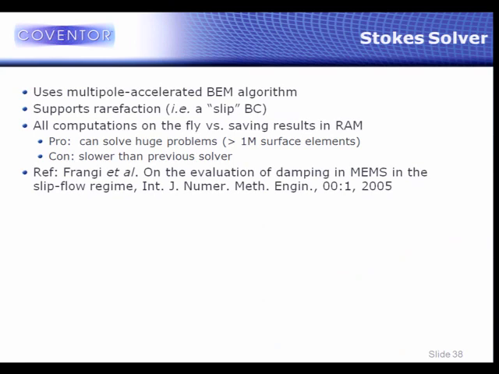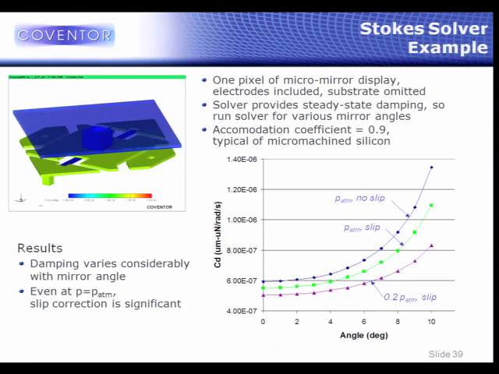And there are some other details about the computations that I'll show you for something like a mirror pixel in the digital light projector that's rotating through quite an angle. With the Stokes solver, the damping coefficient for this mirror changes as it goes through that angle. So here, versus angle, you see the variation in the damping coefficient, but you also see the effect of different